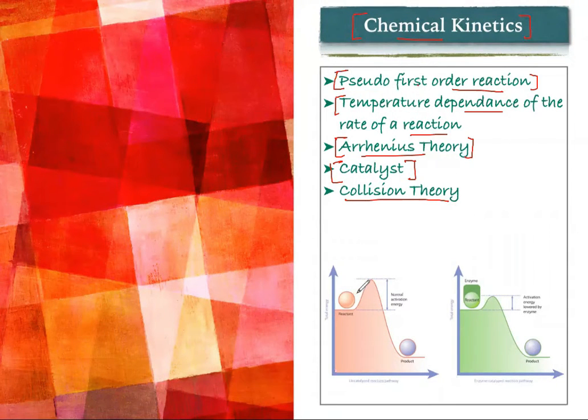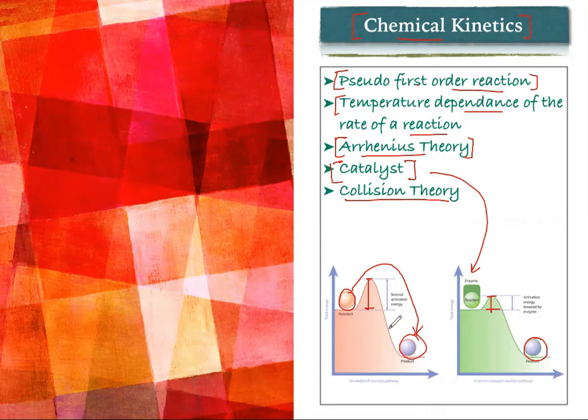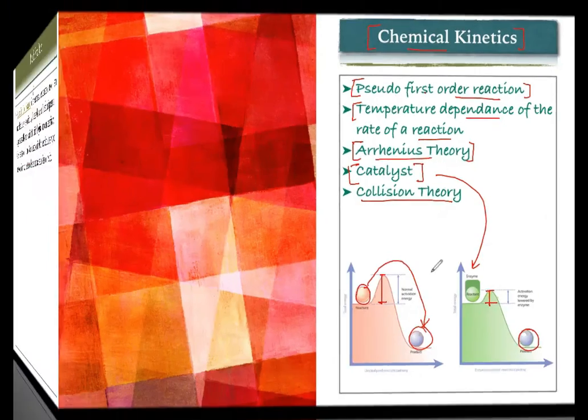So here is a picture. You can see how the reactant is going to convert to the product. So there are two pictures. One of the pictures shows a greater energy barrier and another picture shows a smaller energy barrier. This is due to the presence of catalyst. So how the catalyst is going to play an important role in the formation of the product, we are going to learn in detail. A lot of things we can learn from this lecture. Without a doubt, let's start.